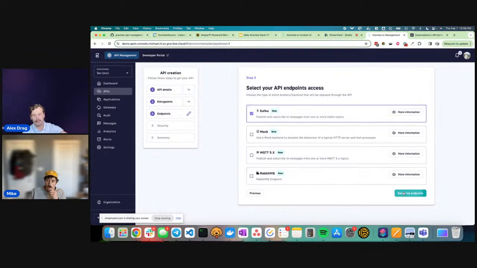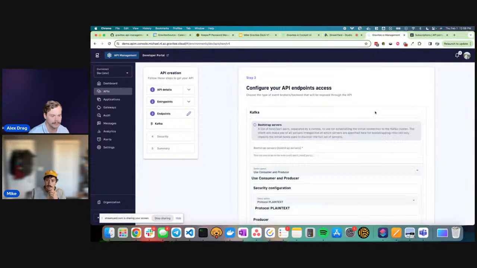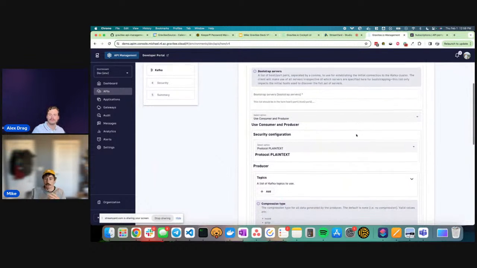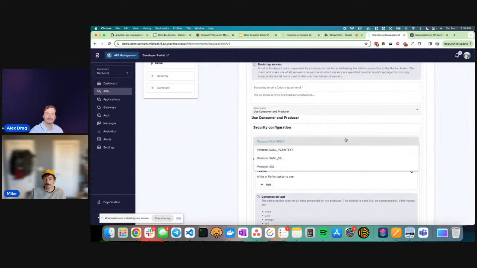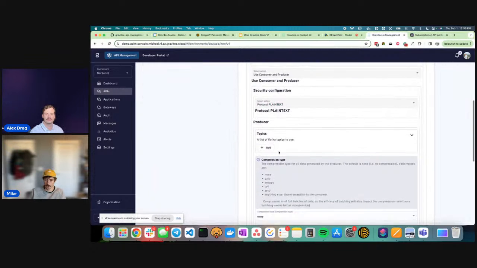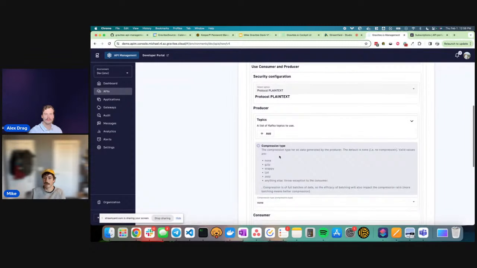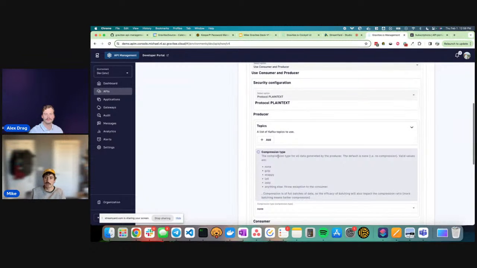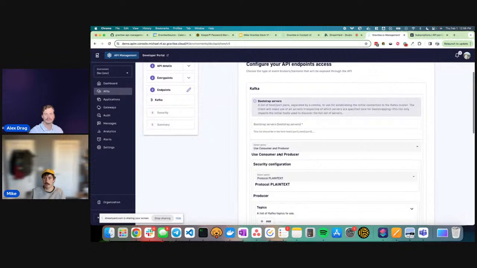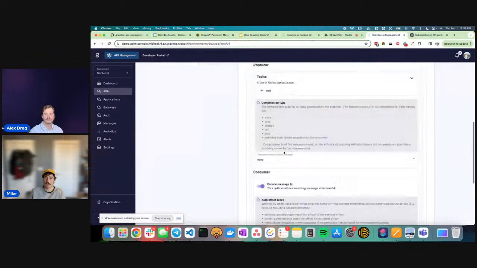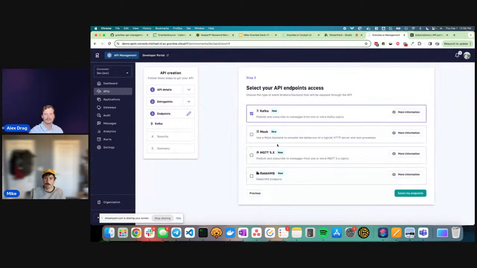But just to show you real quick, if you came in here, if you're configuring something like a Kafka broker, there's all sorts of different settings specific to this. We support all the major security protocols. You can provide them in different ways. You can configure different topics for both the producer and the consumer side. We handle different types of compression. Everything you're used to configuring on your Kafka client side, again, this is where you can configure it on the gateway. But for this example, we're going to go back and we're just going to use a mock server,